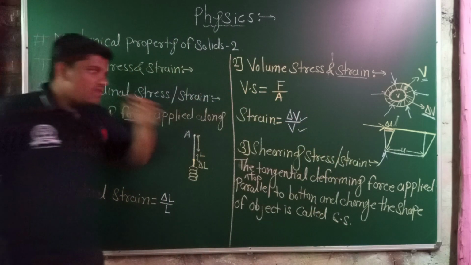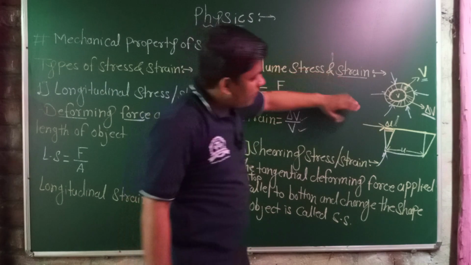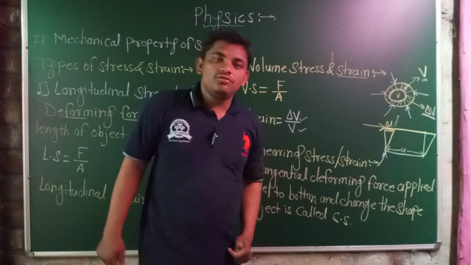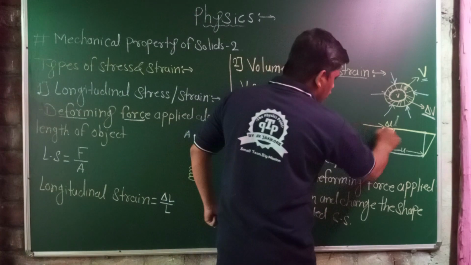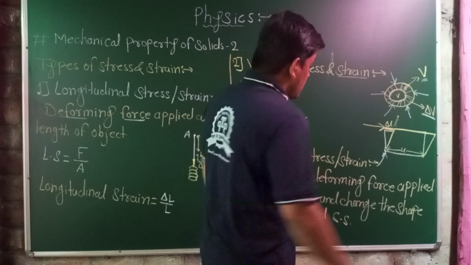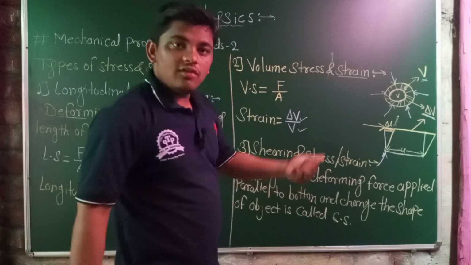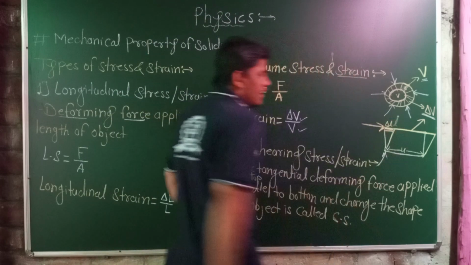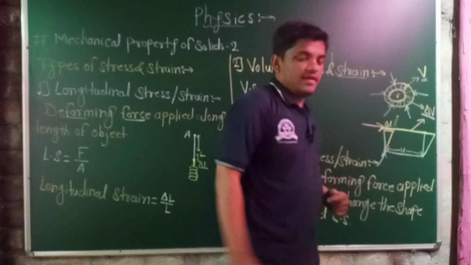What is the shearing stress? When we apply the tangential deforming force at the top of the box or top of the object, which is also parallel to the bottom. But why are we applying it at the top? Why do we say parallel to the bottom? We can apply it like this. It is also the top, but the tangential force is applied to that top surface, which is parallel to the bottom surface,